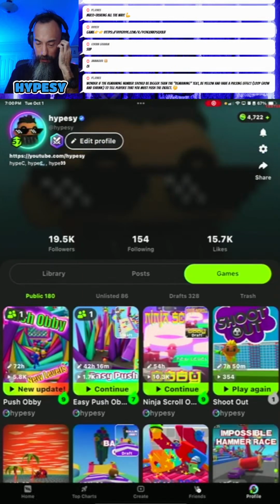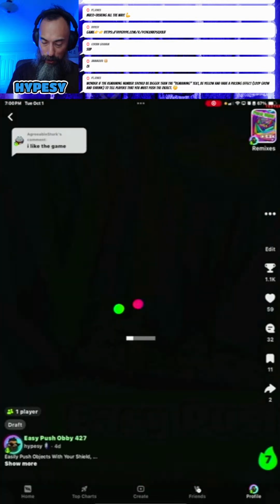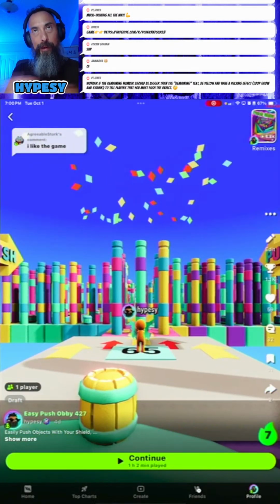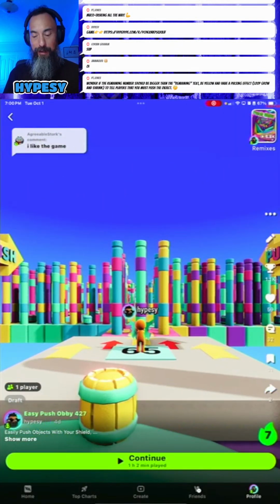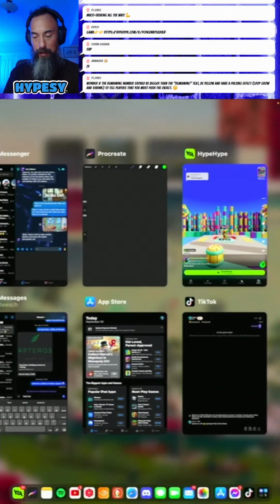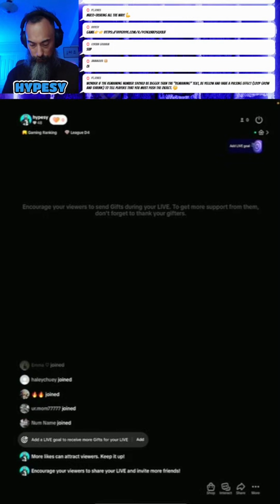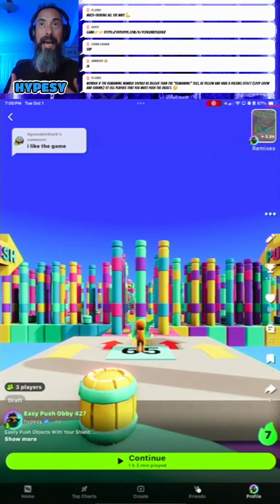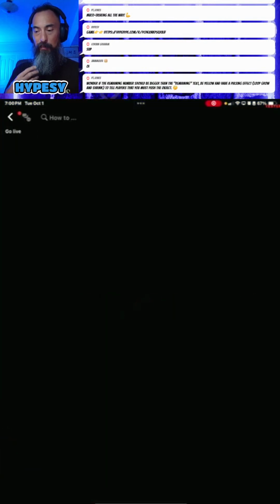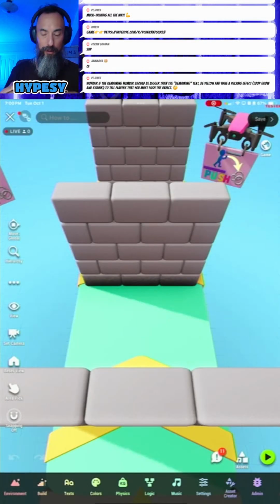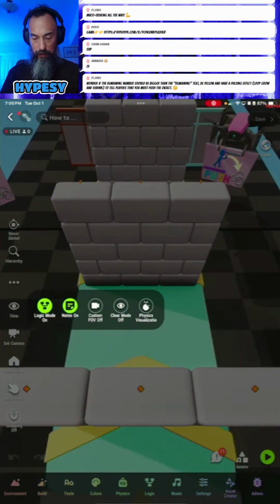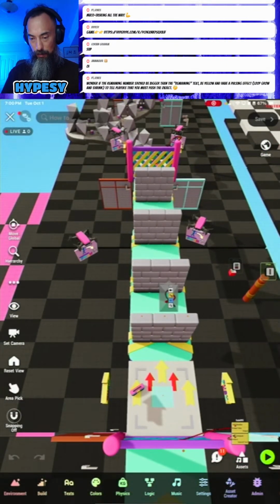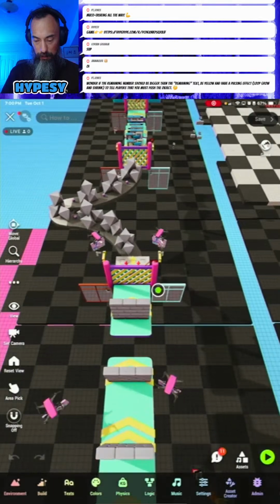Okay, so here is Easy Pushover. This one, all you do is just knock the objects down and get to the next level. Okay, it's connected. You don't necessarily have to complete the obstacles. And we got some new ones.